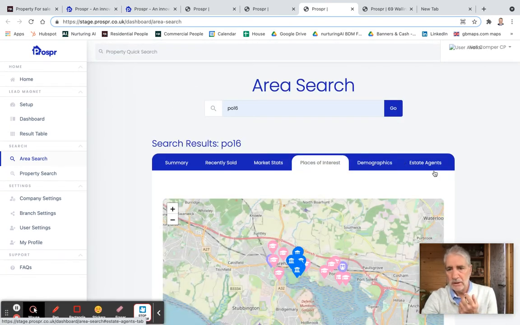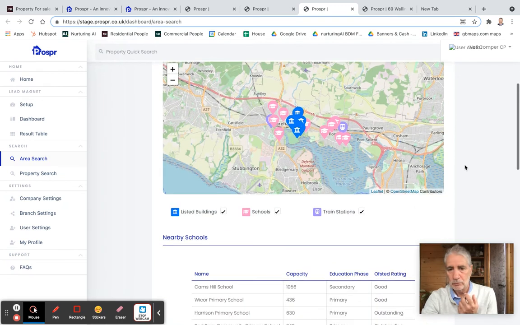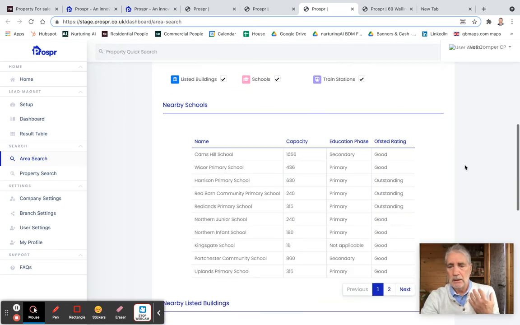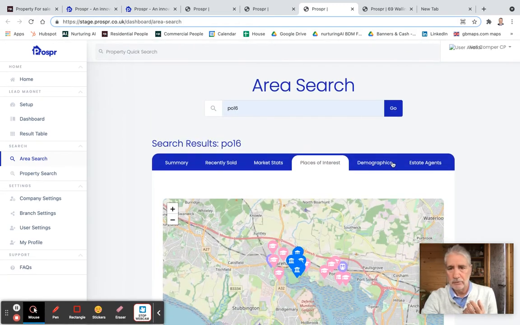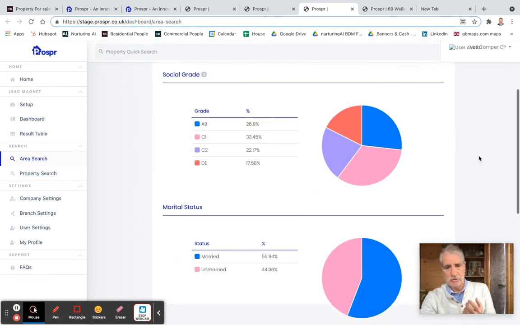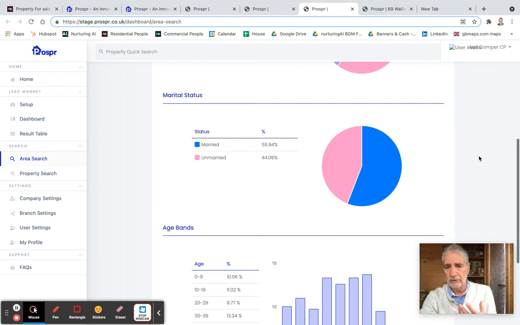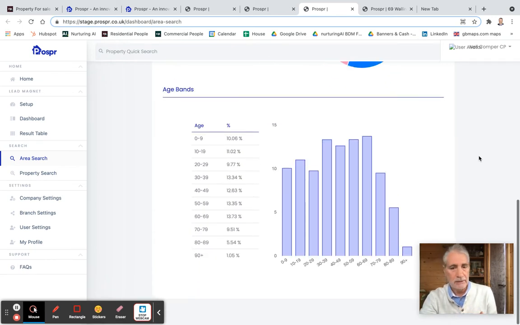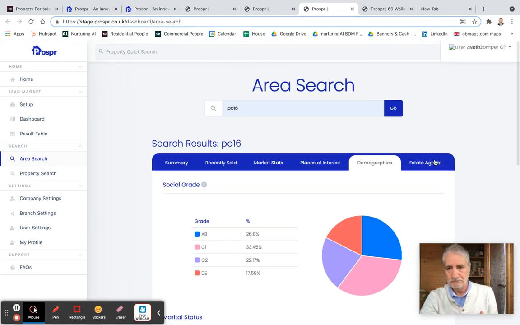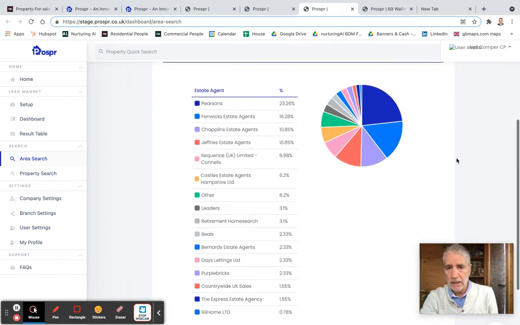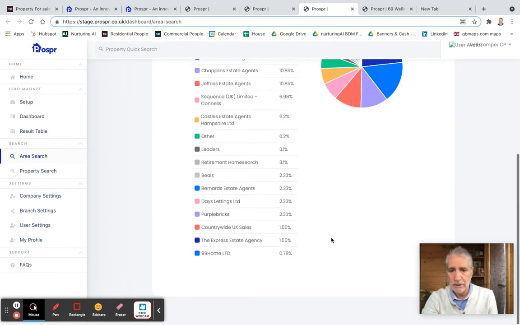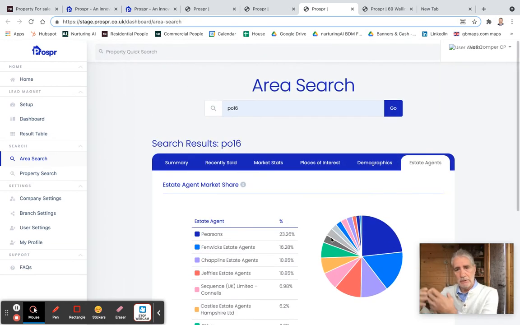Places of interest, these are fairly typical, but of course we also include historic buildings and indeed listed buildings and so on and so forth. And the demographics. Demographics are really important for the type of market that you are operating in, and indeed that you might want to actually capture. And finally on this report here is a market share of every estate agent within the area. So you'll be able to see and show, especially when you're doing extremely well in an area, how you're doing